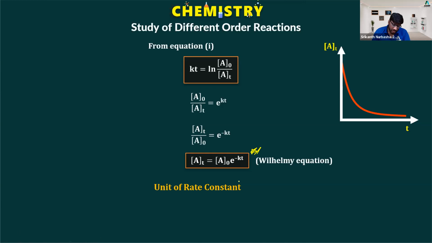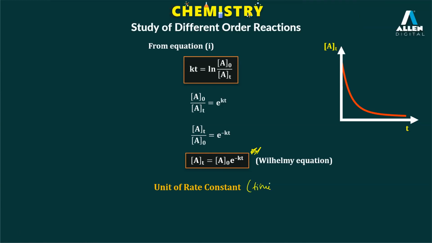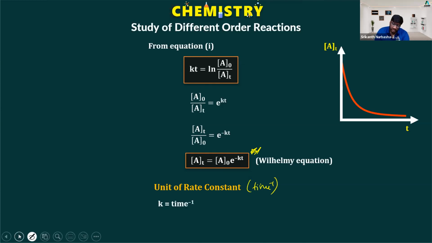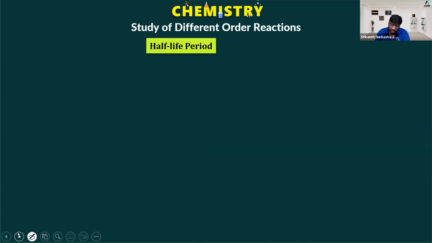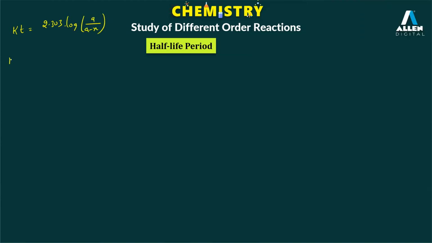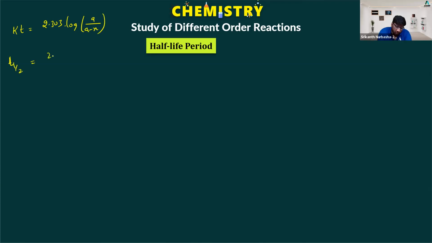What are the units of rate constant for first order reaction? Time inverse, or second inverse, you can say. K is equal to time inverse. You can take second inverse, minute inverse, hour inverse, depending upon what unit they have given to you. Half-life period, how can we write half-life period? kt is equal to 2.303 into logarithm of A by A minus x. So t half is equal to 2.303 by k into logarithm of A by A minus